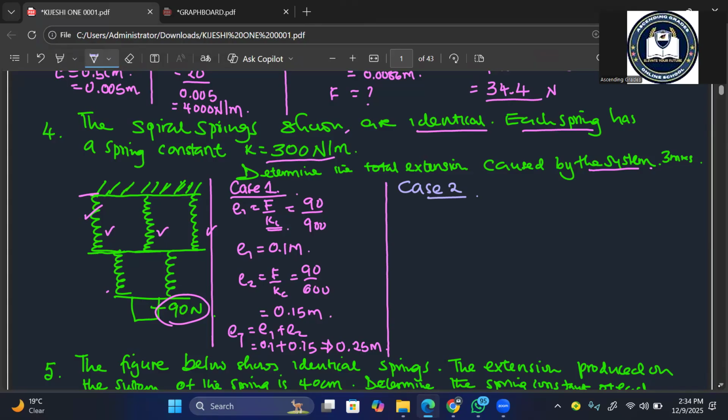So now we can go for case 2. We say picking one spring, since all of them are identical, and we say that this extension produced by one spring will be the force over K, and this is a force of 90 over the spring constant of 300, and this gives me